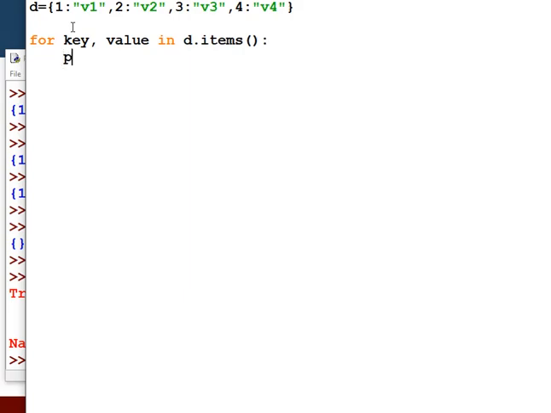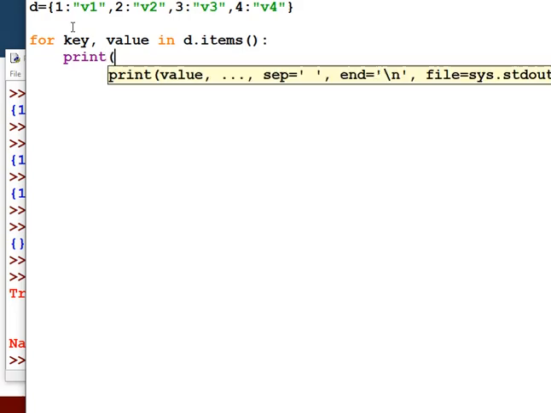Suppose I like to print the value of key and the value of the items.